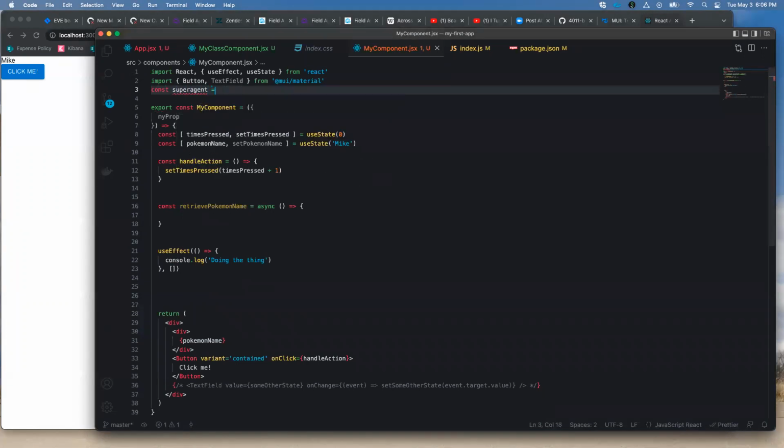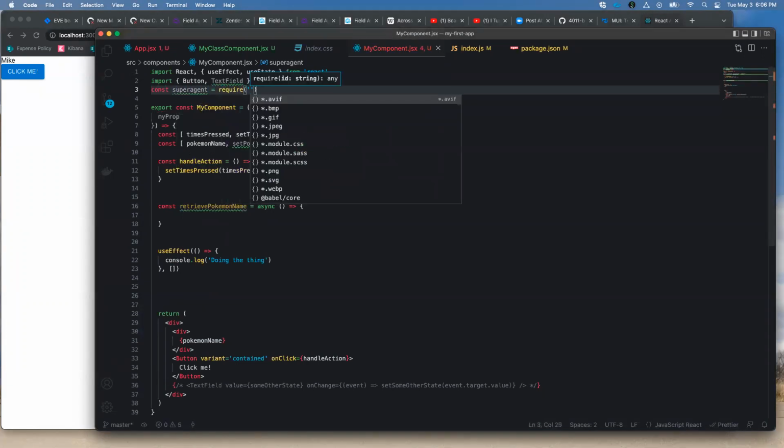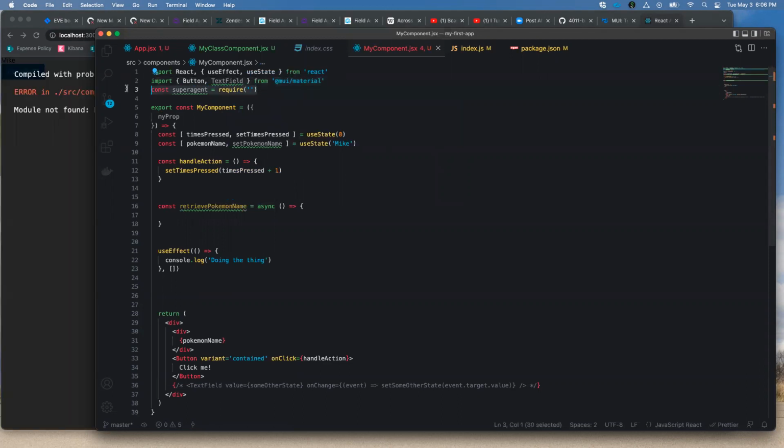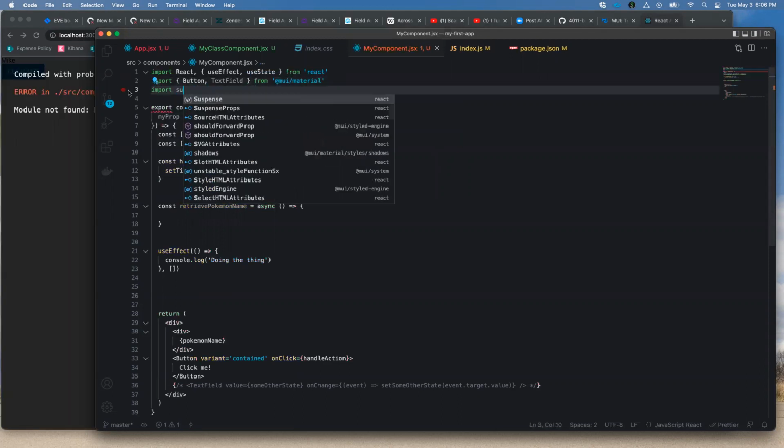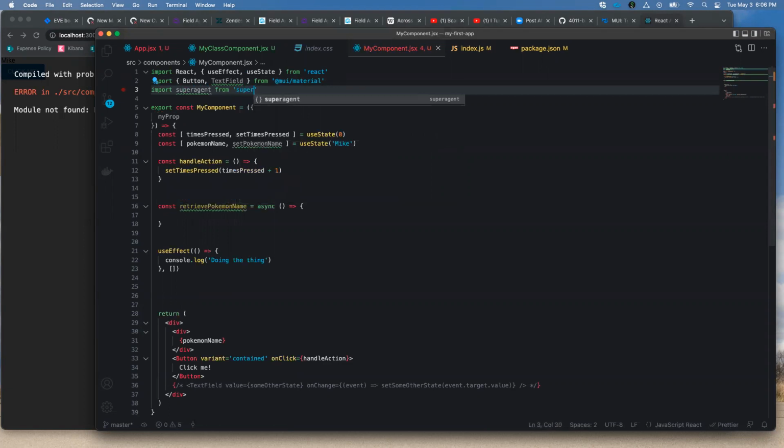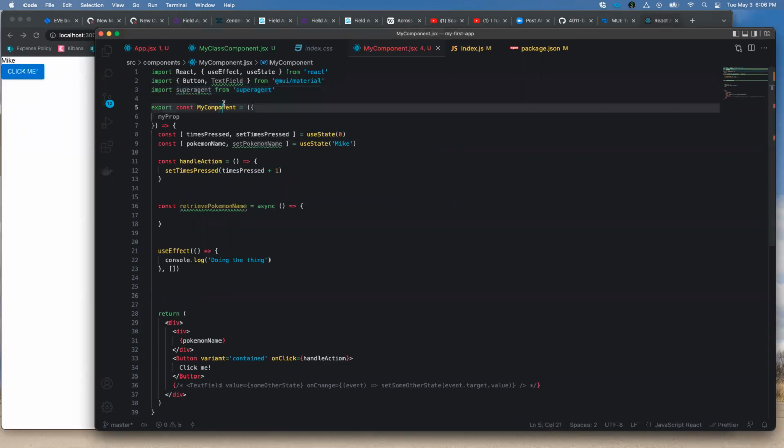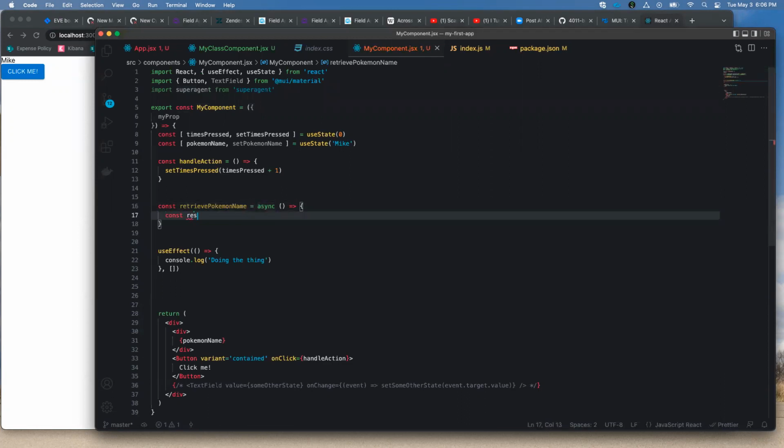Const superagent equals require, oh, sorry, context shift. Import superagent from superagent. I'm making this an asynchronous function. Const result equals await superagent.get, and